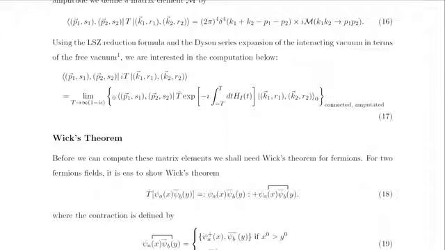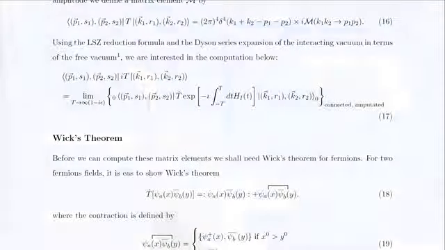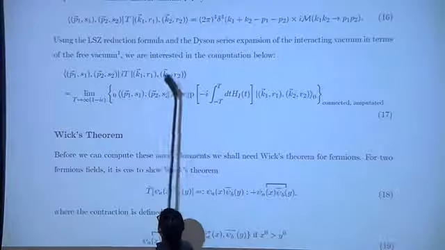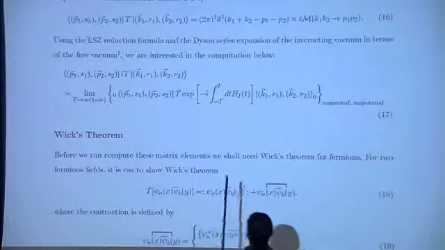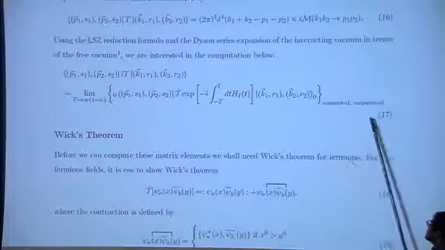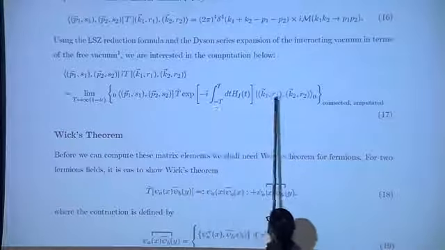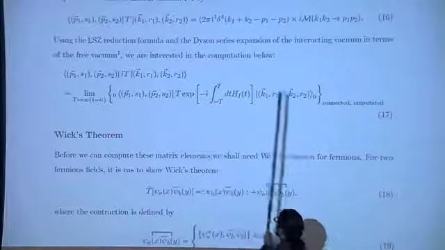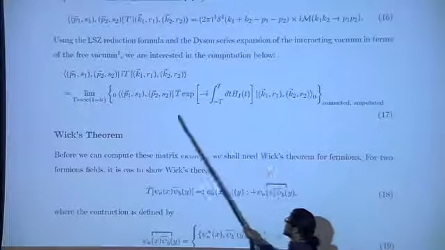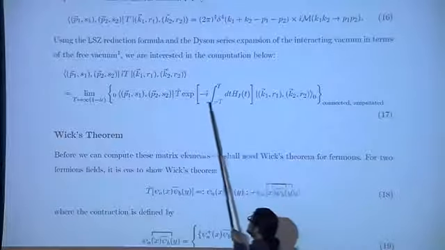We want to compute what the transfer matrix is between an incoming state, which has some momenta K1 and K2 and spin labels R1 and R2, and this outgoing state. The LSZ reduction formula tells us that to do this, we have to look at this object. And here is a Dyson time-ordered exponential. This object is given in the interaction picture. I hope Dan went into the details of these things.